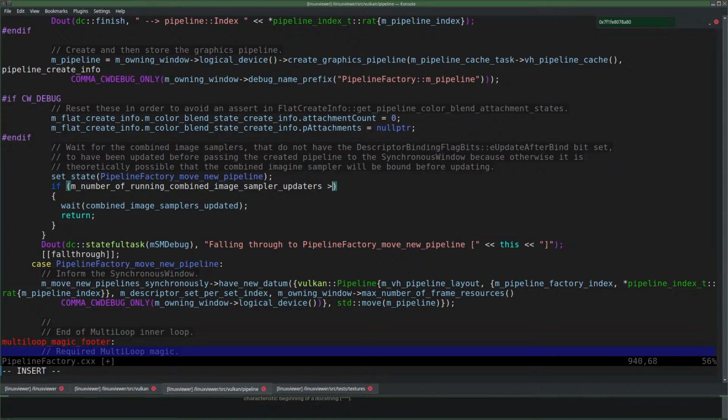So while this is still larger than 0, and we need to load that with standard memory order acquire. Oops. So if at the moment that I load it, it is larger than 0, then it's safe to wait, because